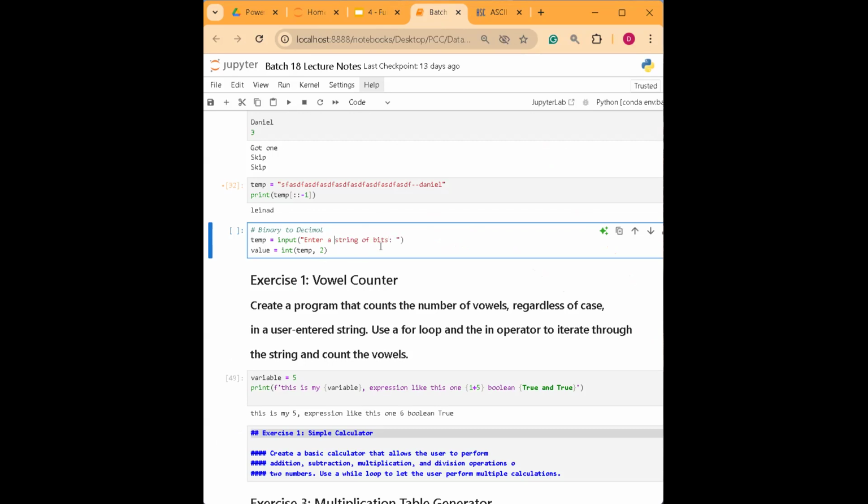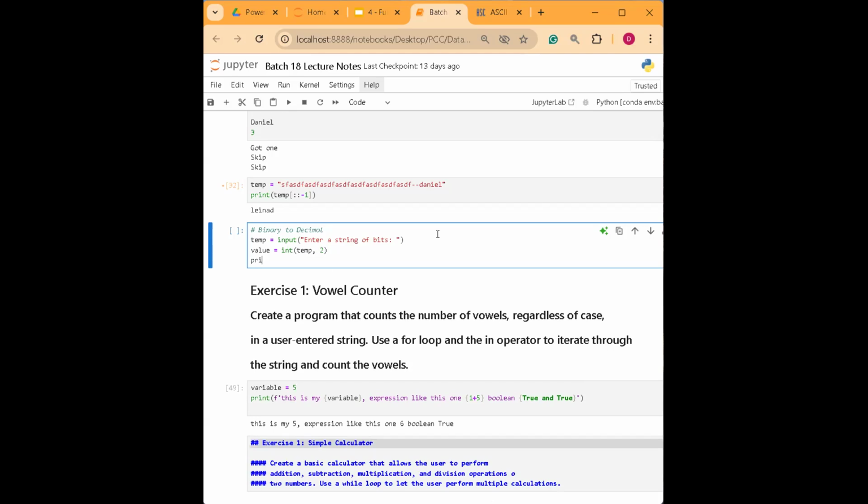All right. So since it's bits, right? It's the number system that is 2 because there's just two numbers, 1 and 0. So if you convert that to decimal, right? You need to indicate here that the original input is actually binary system. So if you print this out now,